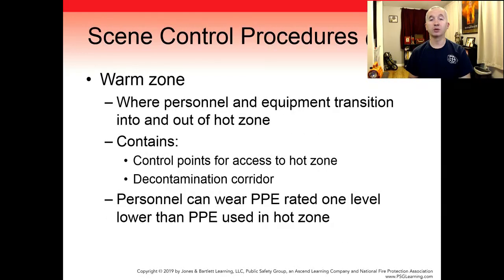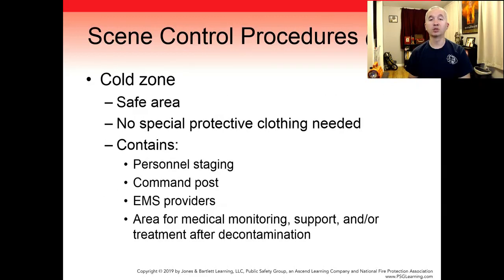The warm zone is where personnel and equipment transition into and out of the hot zone. The warm zone contains control points for access to the hot zone, the decontamination corridor. People working in the warm zone can generally wear PPE rated one level lower than that of the PPE used within the hot zone. And lastly, the cold zone is a safe area where personnel do not need to wear